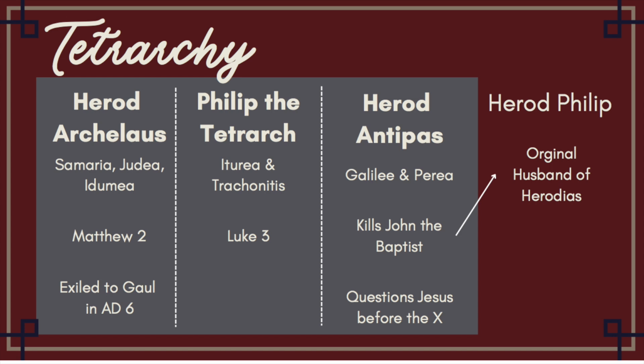Herod Antipas, on the other side, this is the dark side. This is Jesus, and you have Herod Antipas, right? He's in charge of Galilee and Perea. He's the guy that kills John the Baptist because he married Herod Philip's wife, if you remember that. I just said that a minute ago. And this is the guy that questions Jesus before the cross. This is the guy that is saying, like, are you the king of the Jews? And there's this dynamic between these two people.